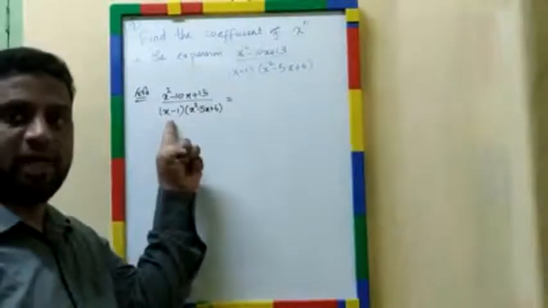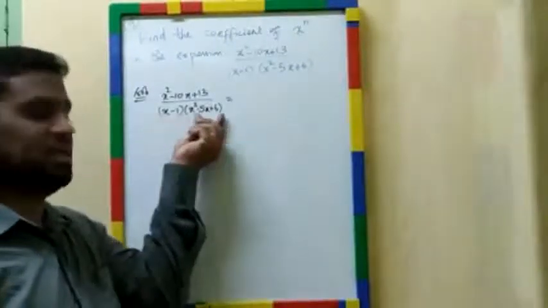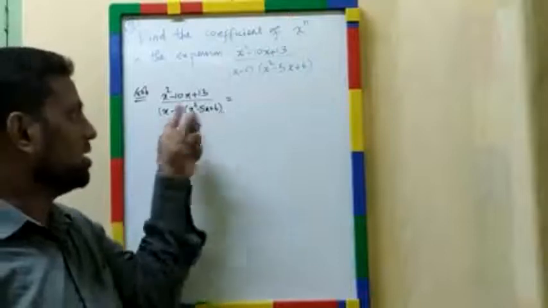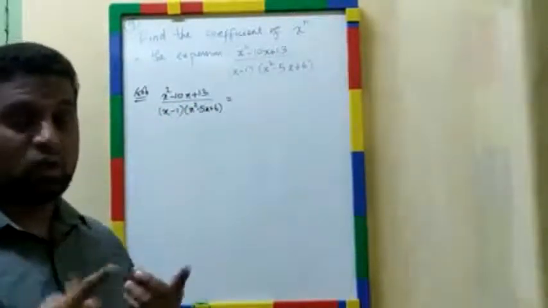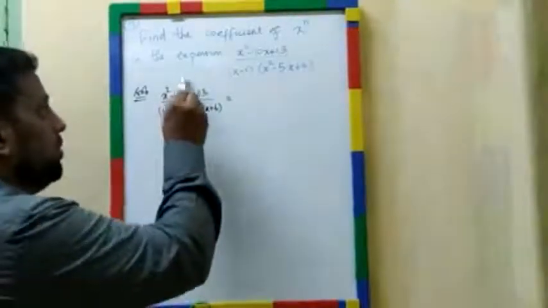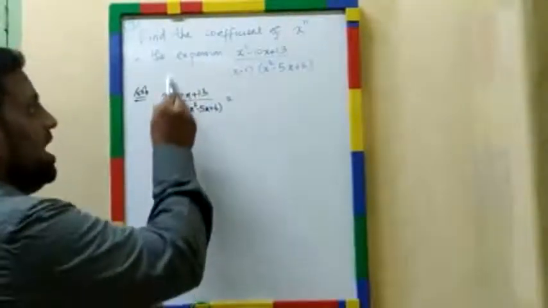In the denominator you have two factors, one factor of degree 1 and another factor of degree 2. But remember, as I have told, this can be split into the form ax plus b over...